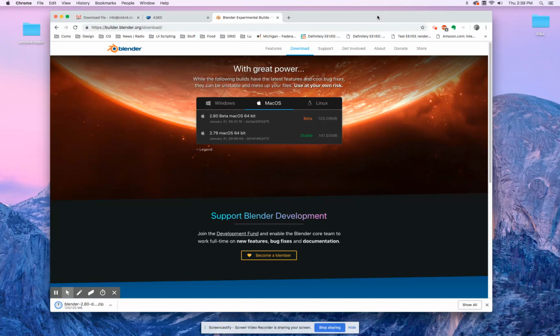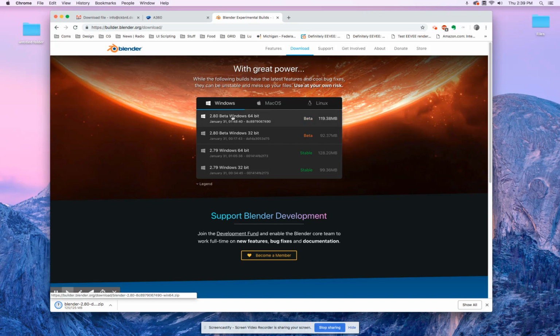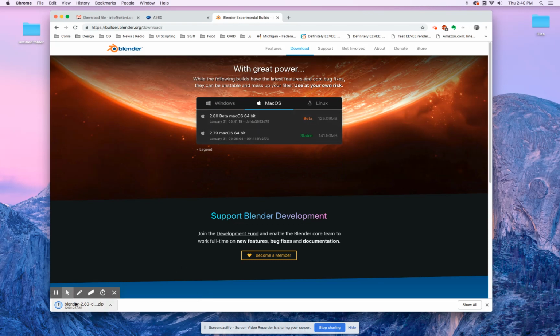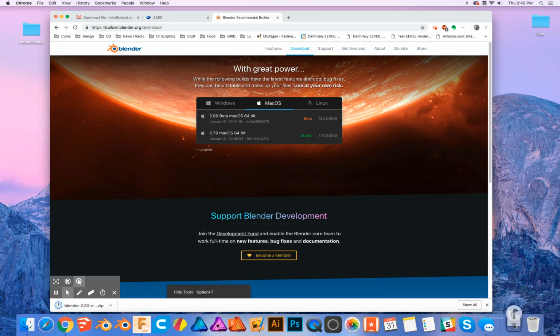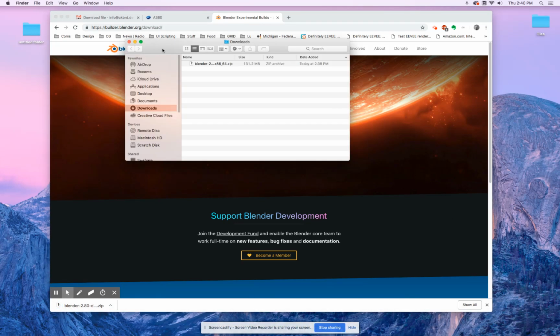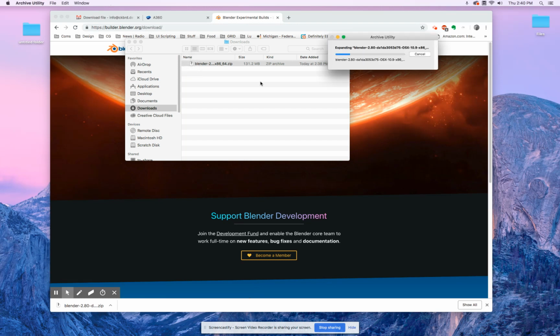To install Blender 2.8 beta, you can go to this web address. For the Mac people, 2.8 beta, 64-bit; for Windows, obviously the Windows 64-bit. All you have to do is click this link, then it will download on Mac and PC as a zip file, and all we then have to do is unzip the file,